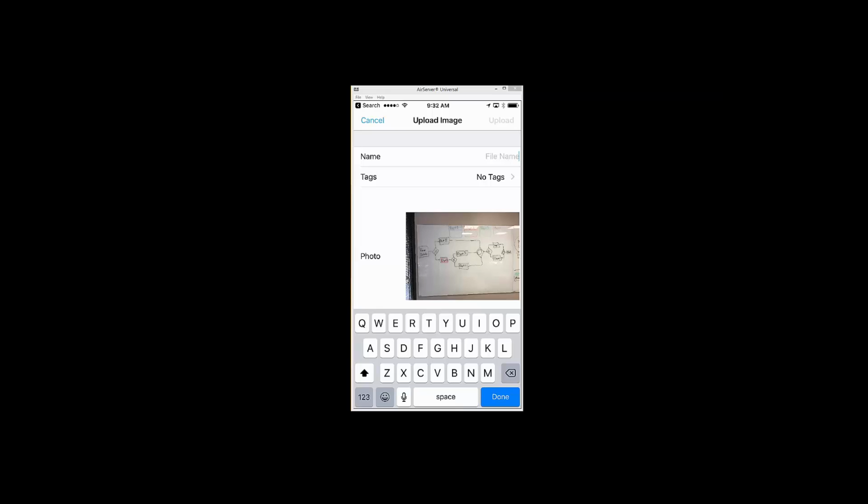And of course, I'll name it. In this case, I'll just call it Process Overview. And of course, this could be any photo as appropriately needed. And then, of course, I'll hit Upload when I'm done naming it. Now, while it's uploading, it's not just uploading the image and that name we gave it, but also